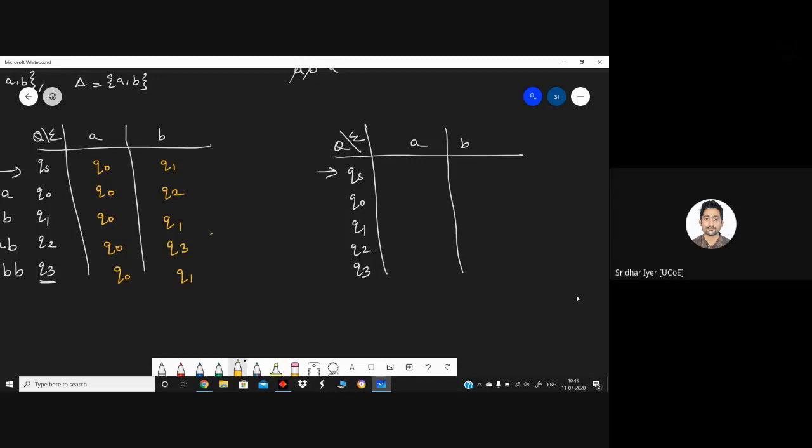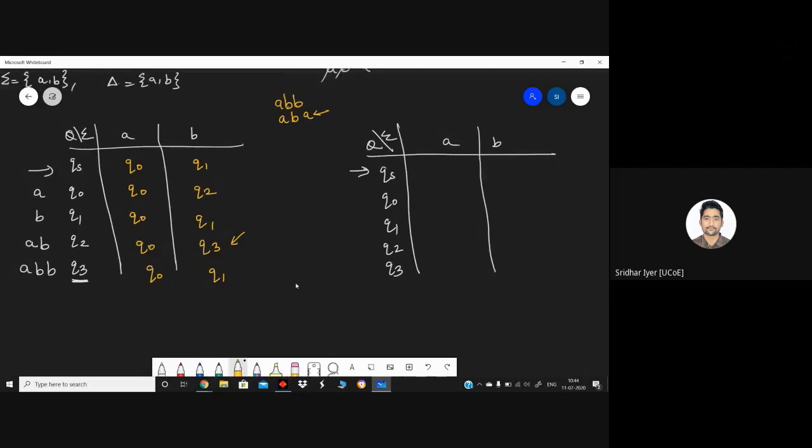We have to write an A wherever this Q3 is present. Because in the question, you have to convert an ABB into an ABA, right? So the last bit should be an A and not a B. That's why wherever ABB is getting formed, I have to convert that into an ABA. Where is ABB getting formed? It is getting formed at Q3 intersection B. So at this, sorry, Q2 intersection B. So at this intersection, ABB is getting formed. Nowhere else it is getting formed. So I need to convert that into an A. Otherwise, everywhere else it will be a B. Sorry, you simply need to follow the logic.